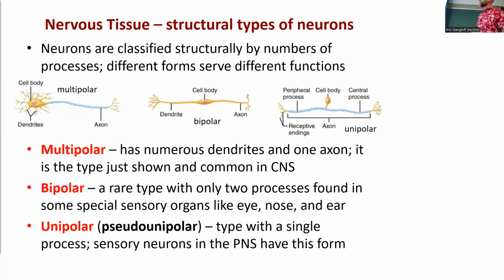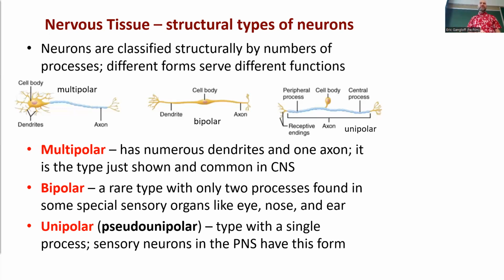Finally, we have something called the unipolar that you see here. This is when the cell body kind of comes off of the axon in the middle. And so you have the dendrites down here, these kind of what's called receptive endings. And then you have a first part of the axon, you have the cell body off of that, and then you have the rest of the axon there. And so we call this unipolar or